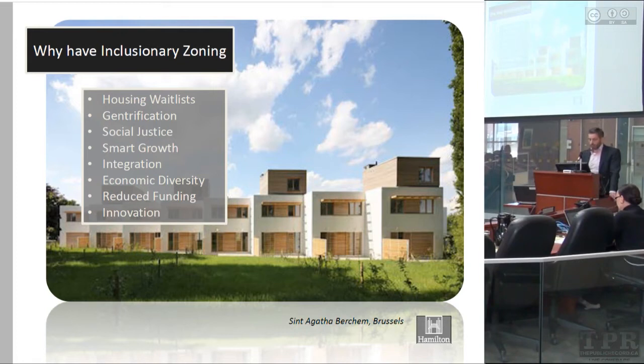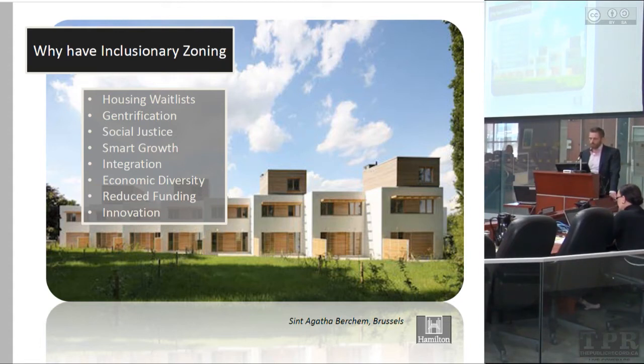Smart growth. Inclusionary zoning does put an emphasis on density and increasing the density of communities, which would obviously complement this prospect of smart growth. There's also a lot of discussion on integration. So mixed-use buildings, reducing the stigma, overcoming generational poverty, which is often cited as one of the main benefits of an inclusionary zoning proposal. Similar with economic diversity, the ability to take the market out of the equation